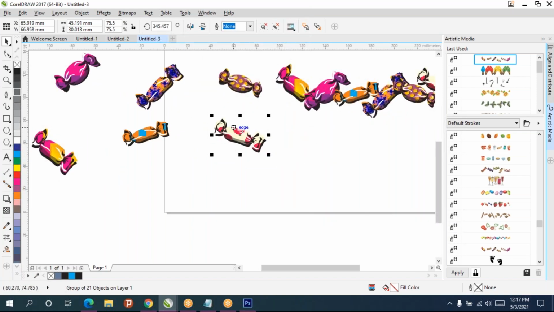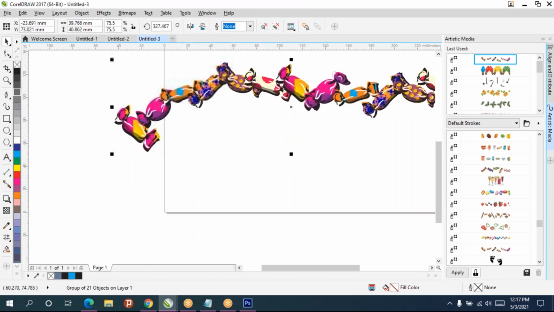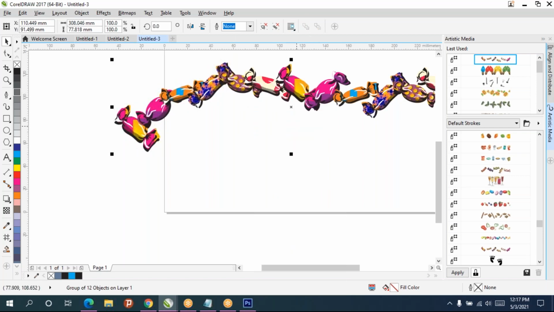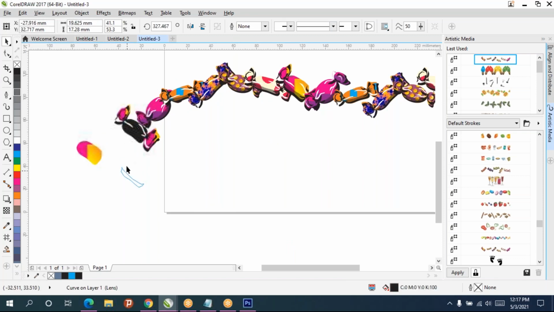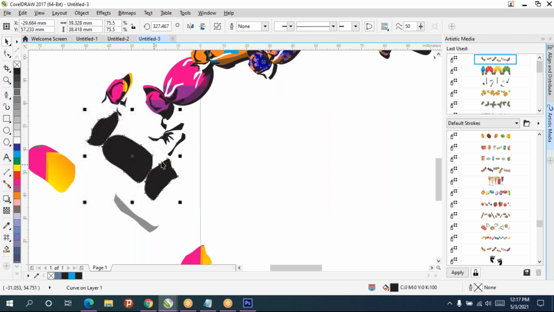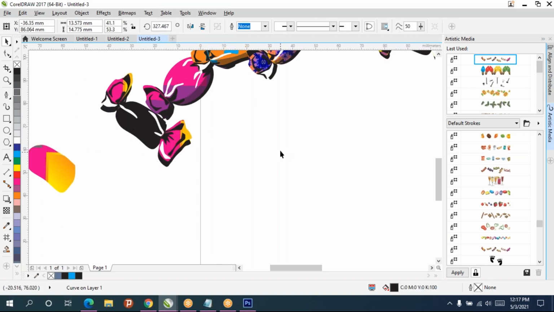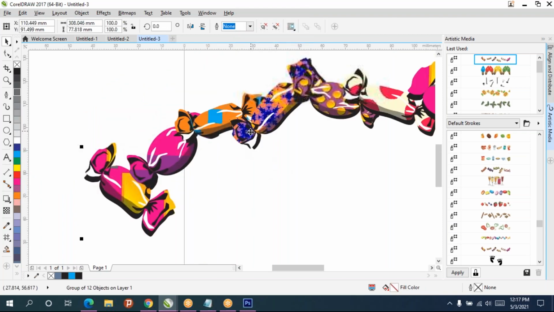But suppose instead of ungroup object, you give ungroup all objects, so each thing is a separate color. That means separate objects. This also was created by someone. See, everything is separately ungrouped. So that's why you have to be careful. Right click, ungroup object.